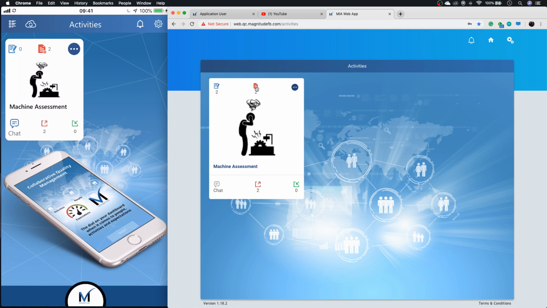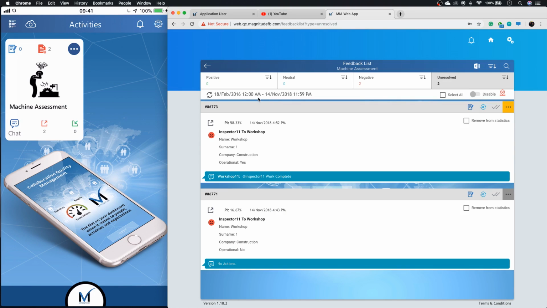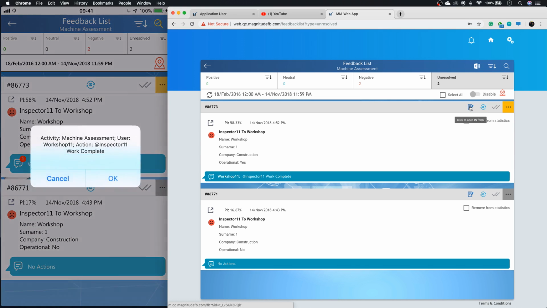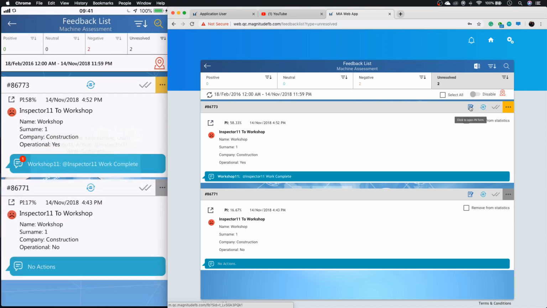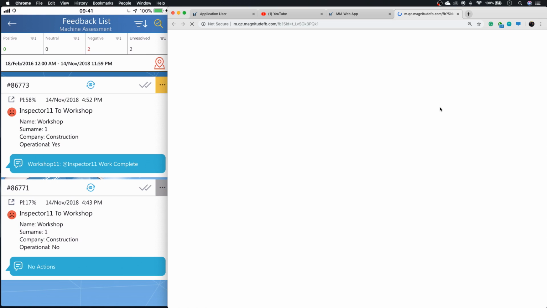If the guy clicks on that little red button, he'll go to all of his unresolved forms. Okay, and you'll see that there's a little blue button here at the top. If I could show you on the cell phone, you'll see that the cell phone doesn't have the little button, but the workshop does. The reason for this is that the workshop is the direct respondent in this case. So if he hits that little button there,